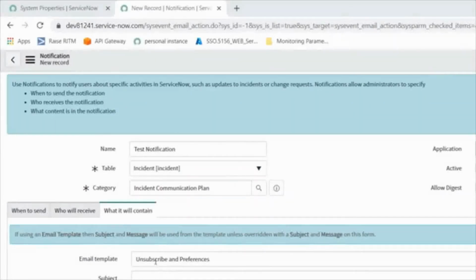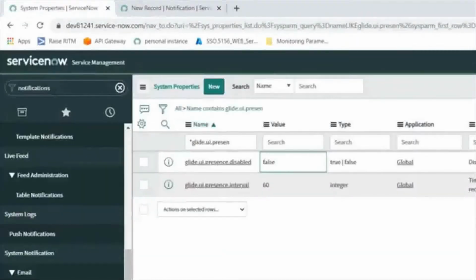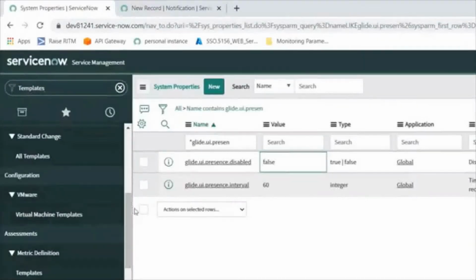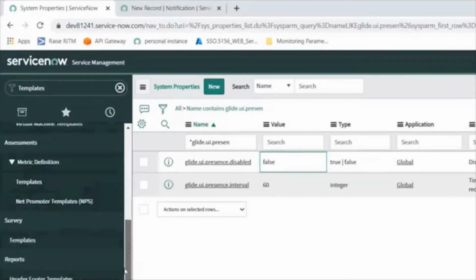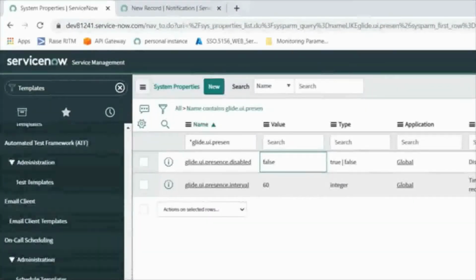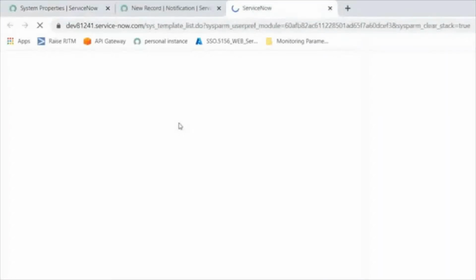So here, for email templates, we actually have many email templates in ServiceNow. If you want to see those templates, let's go to the other module called templates. As I told you earlier, how will you identify the right template? Here you can see templates, and here also you can see templates. So what is the correct one? The one that starts with System Definition is the correct one which we can use. Please remember that point; it will be useful for you everywhere.